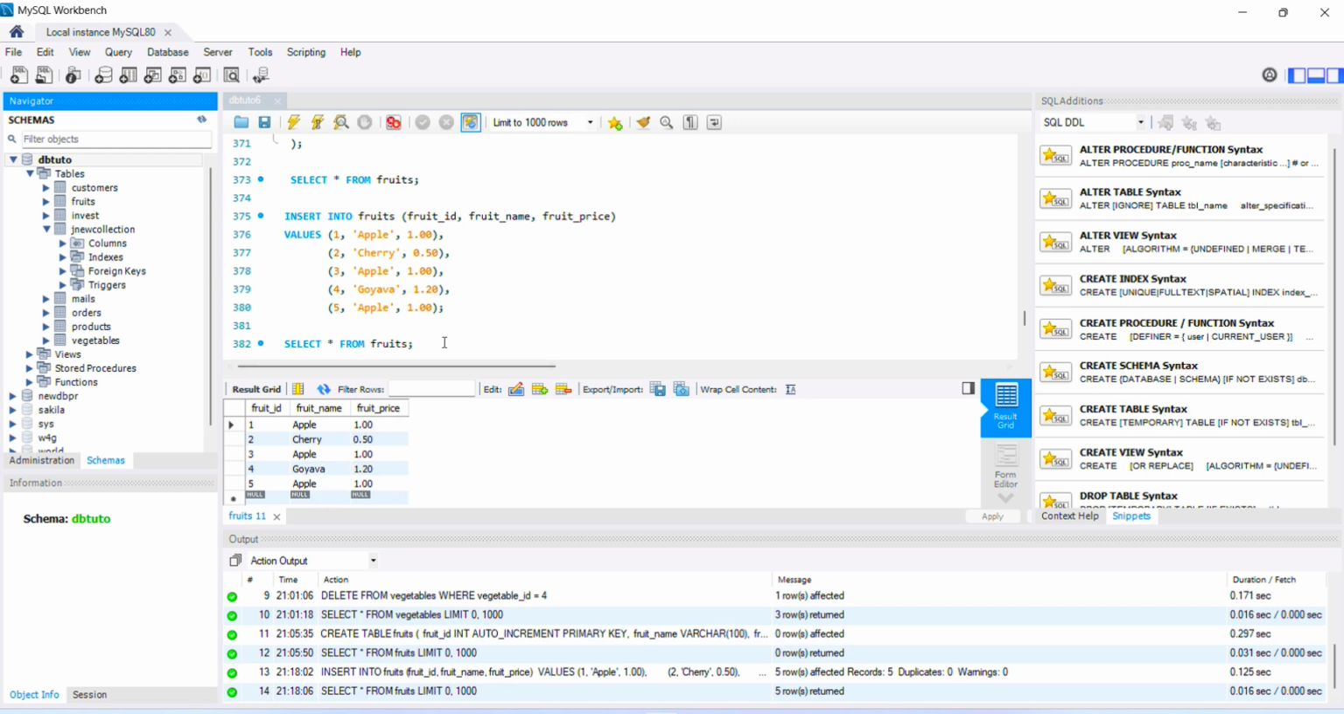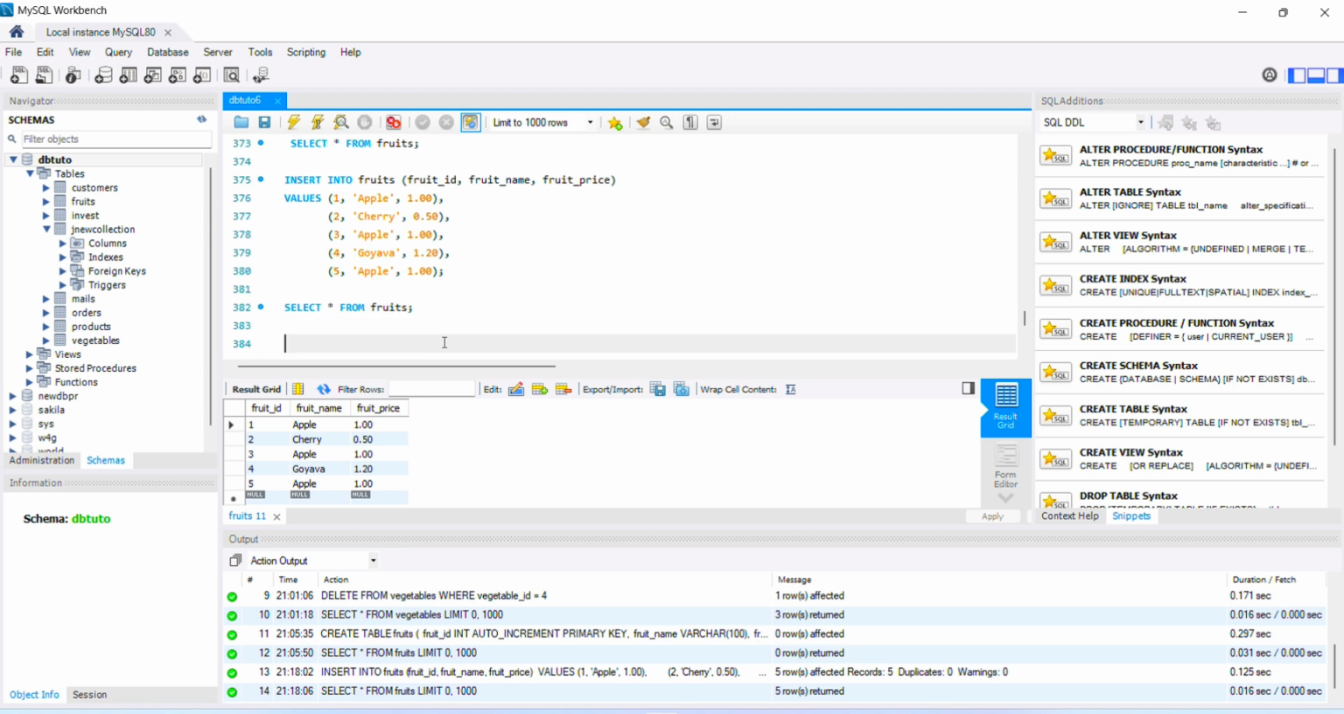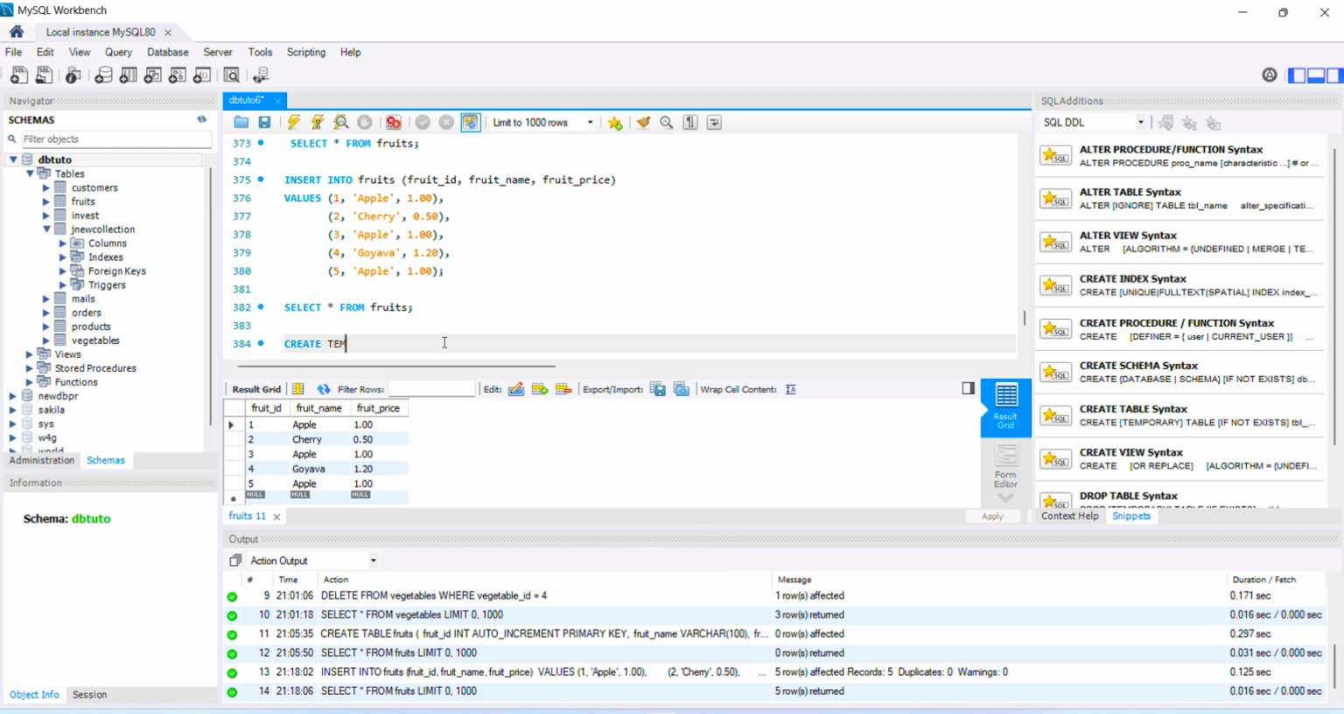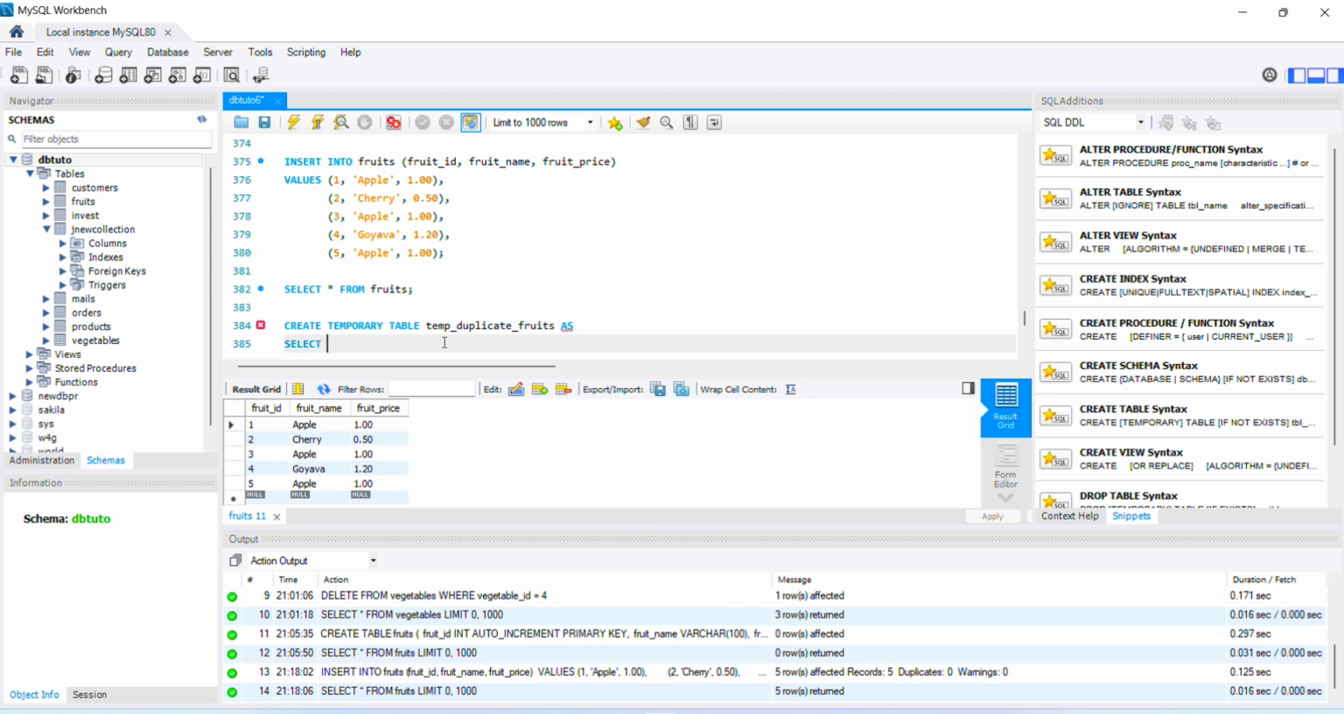Okay, so we want to remove the duplicate. This one is a bigger data set than the vegetables one, but of course you can do it with a larger data set. This is just for example. Create a temporary table first. Temporary table, and we're going to call it temp_duplicate_fruits as, let's go to the next line. Select